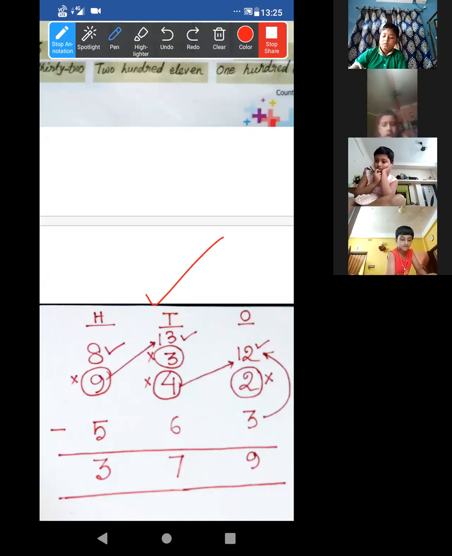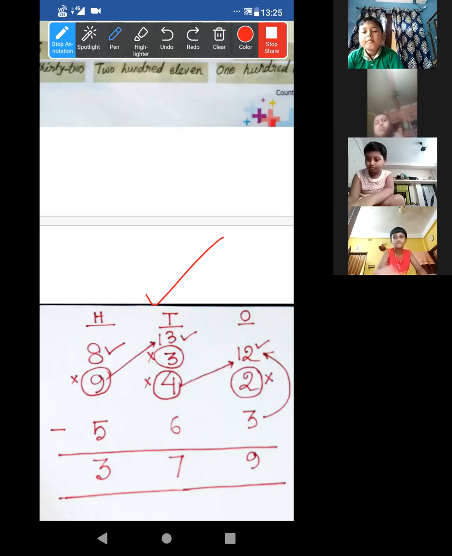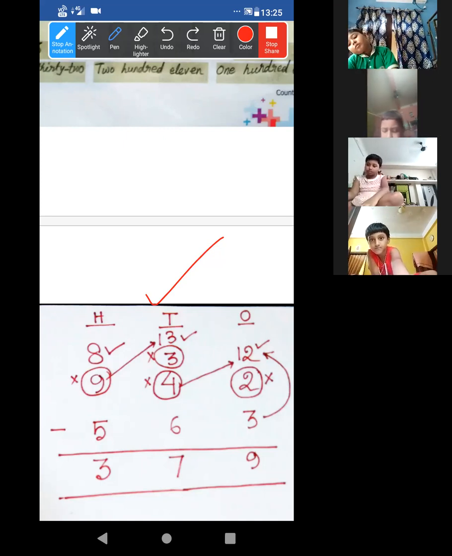Acha, if you have done this, now you have already taken out your copy too. In your copy, you have to solve page number 55 sums. Page number 55, but not in the book. Okay? Don't do it in the book. You have to do it in the copy, okay? And I'll check each and everyone's copy. I will check everyone's copy, okay?